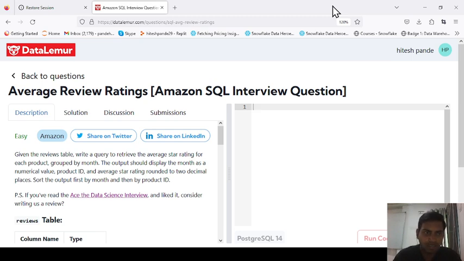So today we will be back with another SQL related question which was asked in Amazon. Actually, it is the average review rating question. So let's see what the problem statement is. We are given a review table, and we have to write a query to retrieve the average star rating for each product, which is grouped